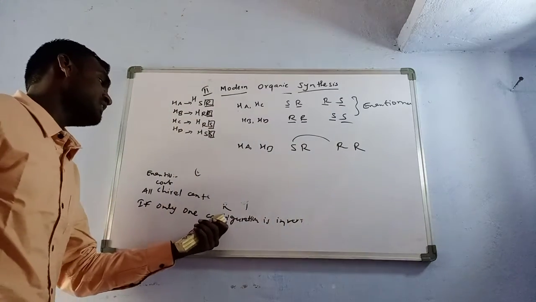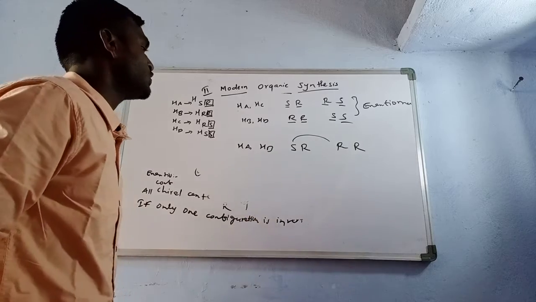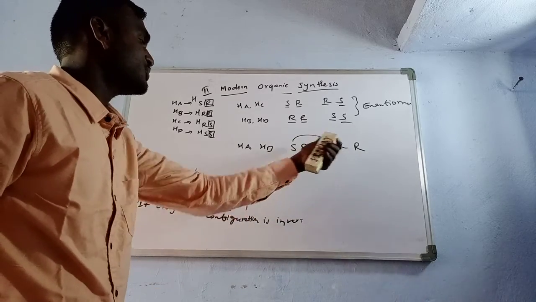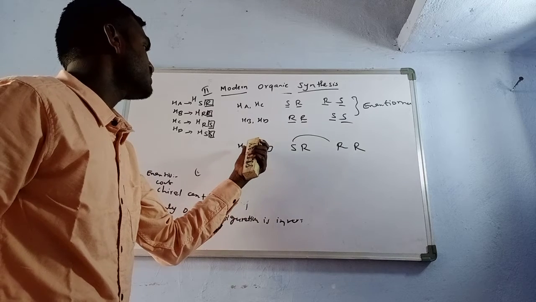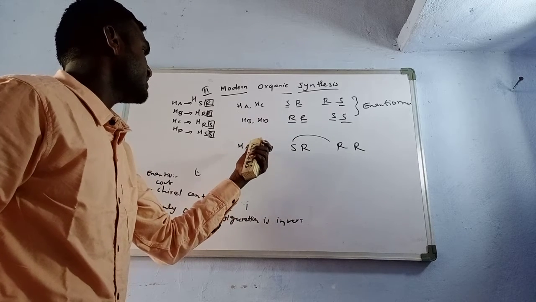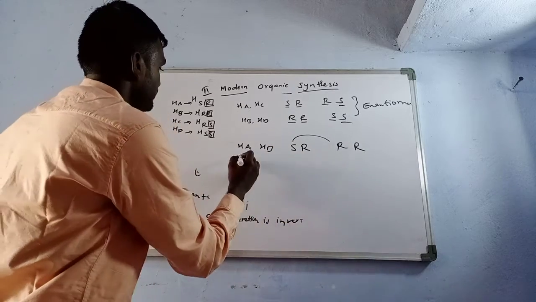If only one configuration of the chiral center is inverted, then those molecules are said to have a diastereomeric relationship between them, where HA and HB are diastereomers, and similarly